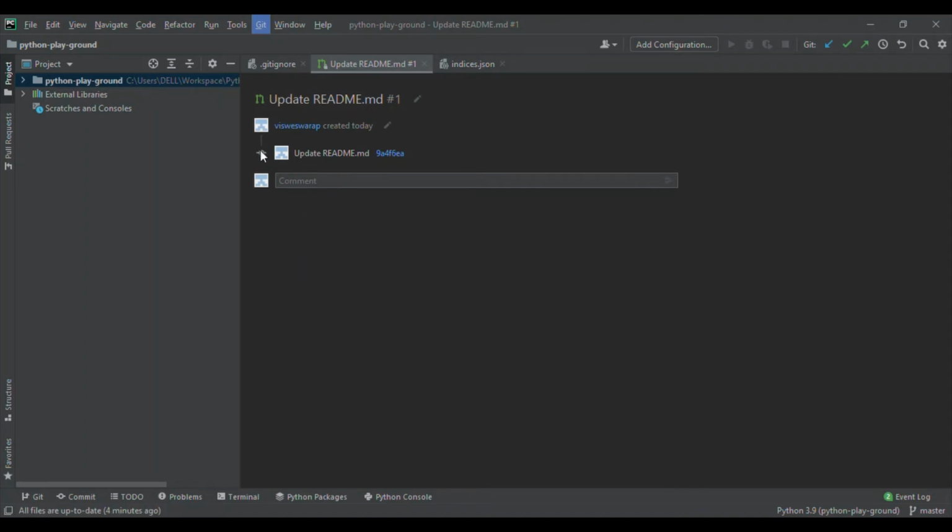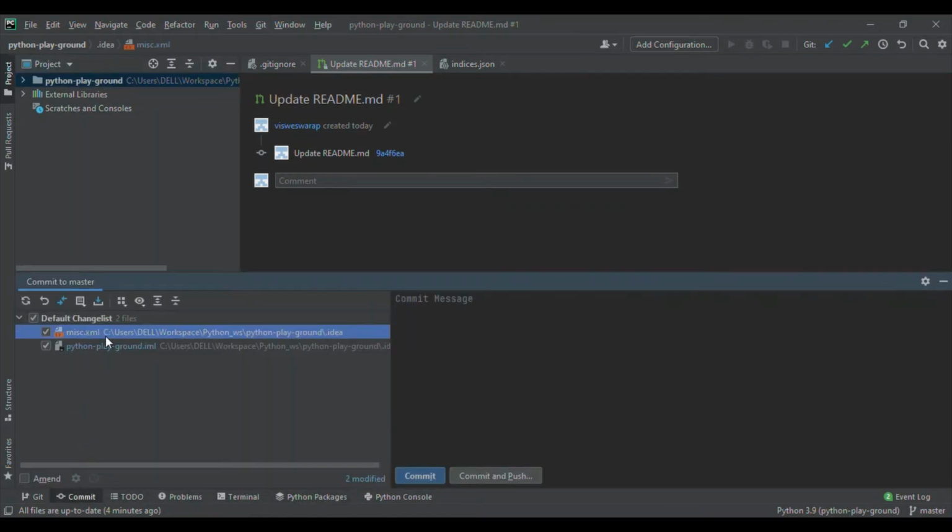And there is another beautiful thing in PyCharm. You can go to local changes and select these two files, and you can create patch from local changes. What are the changes you made? It will create a patch file for you. Let us say you want to share these details with someone else, what are all the changes you made.